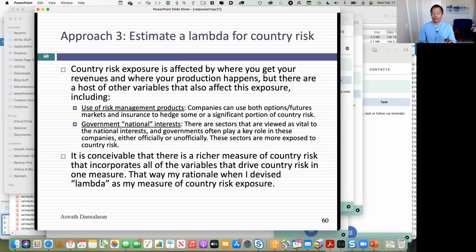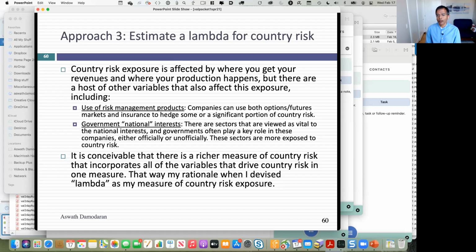So any questions about these equity risk premiums? For your company, and I'm going to make this specific to your project, what do you need to do? You need to go find out where your company gets its revenues. You can find that in the annual report. You can find it in a 10K if you're a US company. You can even get it from S&P Capital IQ, which is pretty good about breaking these things down.